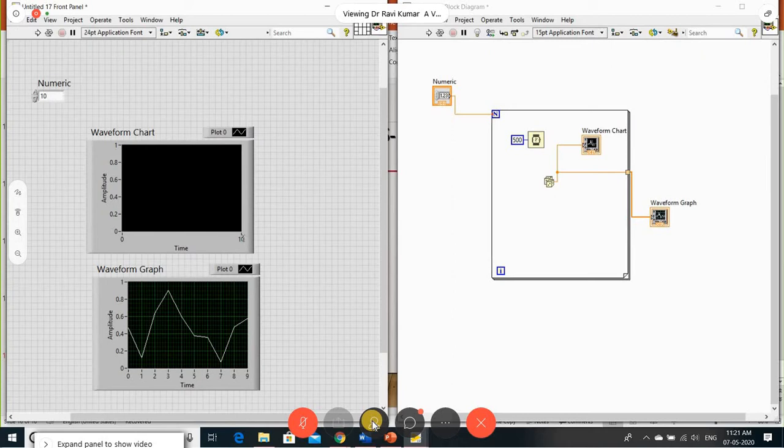While running, you can observe and modify that. The chart is a continuation of your data from that variable. The graph presents the loop's existing value, and that is what will be plotted. That's the difference between chart and graph. You should know where you want to use the graph and where you want to use the chart.